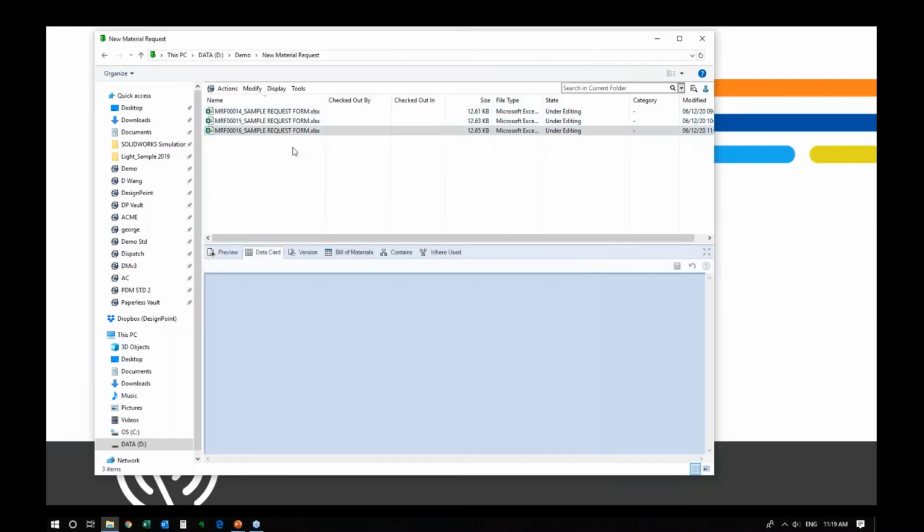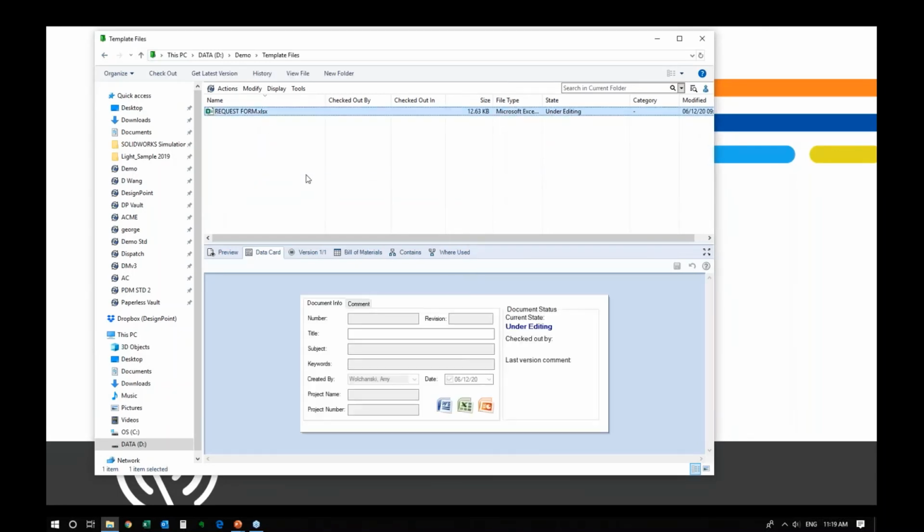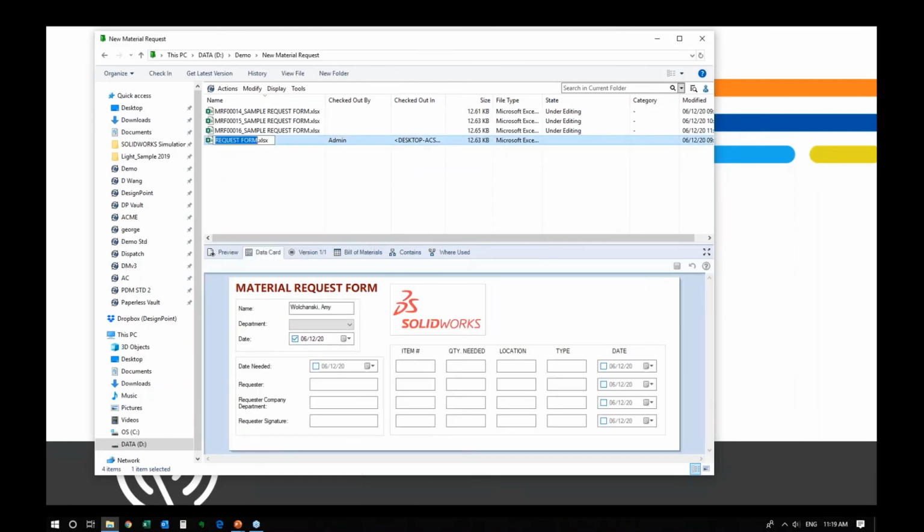If you were using PDM Standard, it would be pretty similar. You would essentially have your template file copied somewhere, do a copy, and we're going to jump into the folder that we need to have it in. Do a paste. We're going to rename this to the number that we want. So maybe this is MRF222. Click save. I'm going to type in the information in my data card, fill in this information,